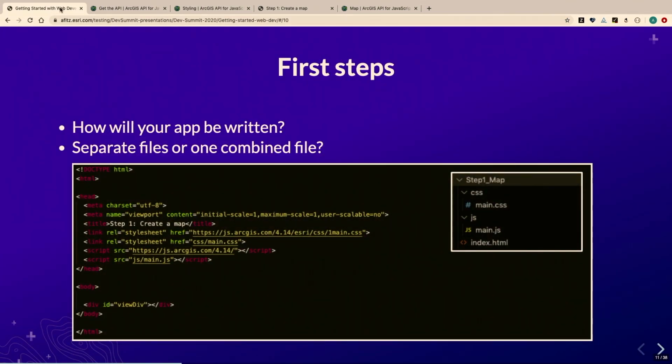All right, so we've gone over all the background information. Today we're actually going to build an app from scratch, so we're going to get started with that. But the first question is, how will your app be written? If you've looked at our SDK before or seen any of the sample code, you might have noticed that all of our sample code is in one combined file. So we have the CSS at the top, then we have the JavaScript, and then we have the HTML